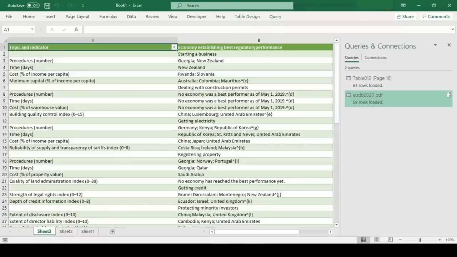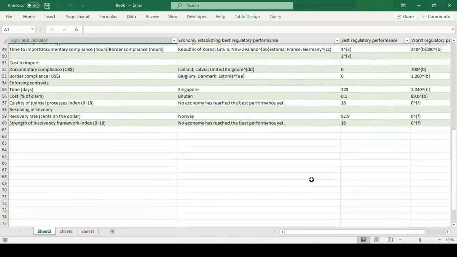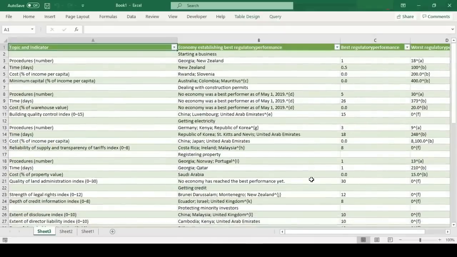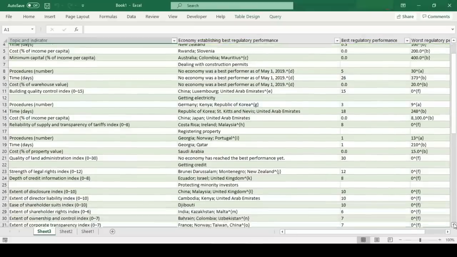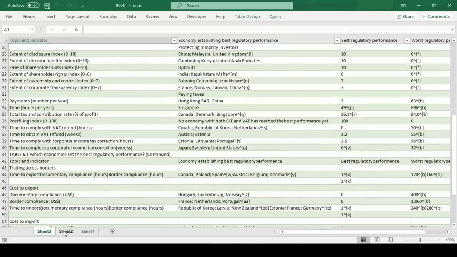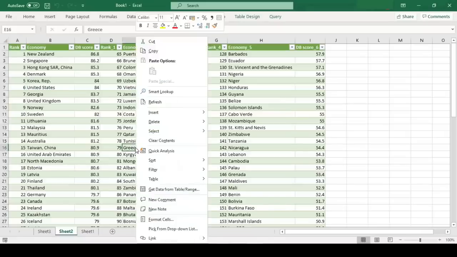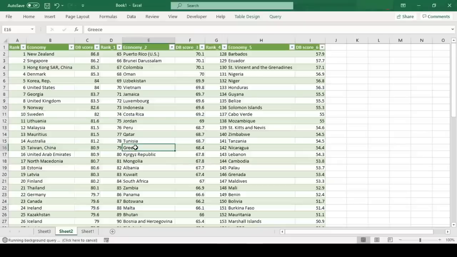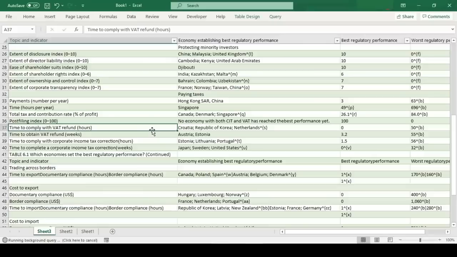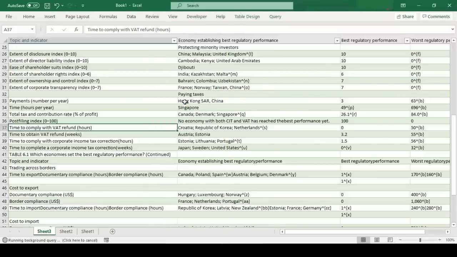Before I conclude this video, let me tell you one more good thing about this feature. The method with which we imported the data from PDF not only got us the data, but it also established the connection with the PDF. So now, if we have an updated PDF next year, then we just need to replace the PDF file and right click on our Excel table and hit refresh. This will load the new data from the PDF. But this will only work if the data structure of the new PDF is identical to the original PDF.